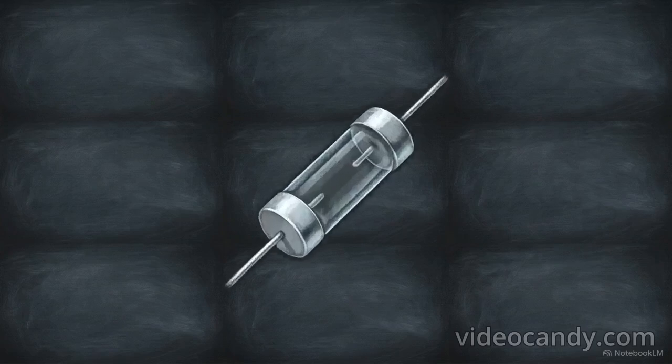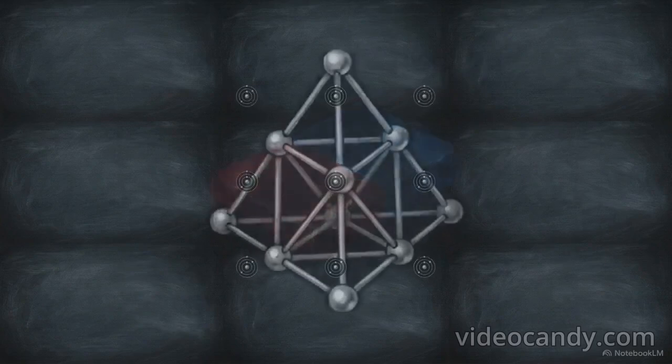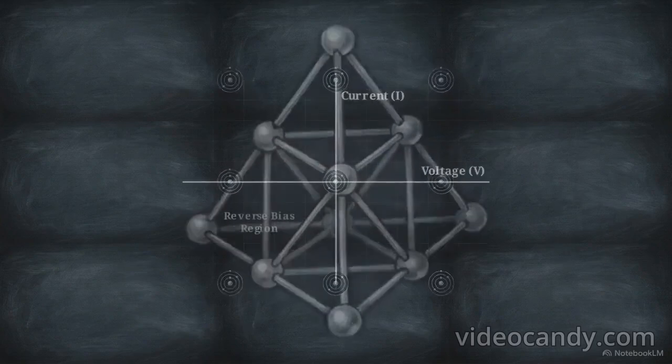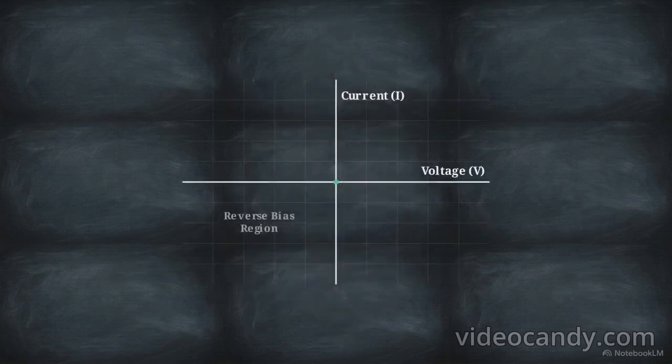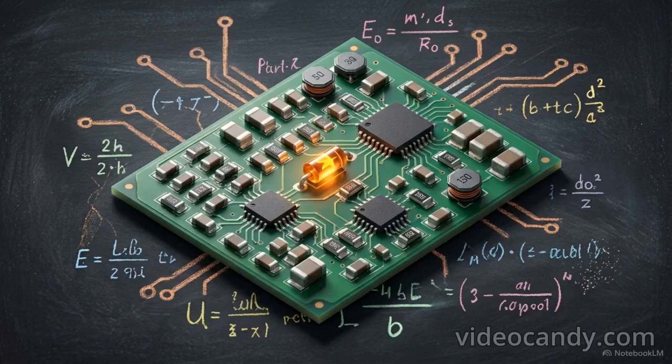To understand how this component works, we first have to look at the physical construction of the diode and the quantum mechanics operating inside its core. From there, we can map those physics onto a standard current voltage curve to see exactly how engineers deploy this behavior in modern circuit design. By taking a phenomenon that destroys standard electronics and stabilizing it, engineers created one of the most reliable voltage regulators